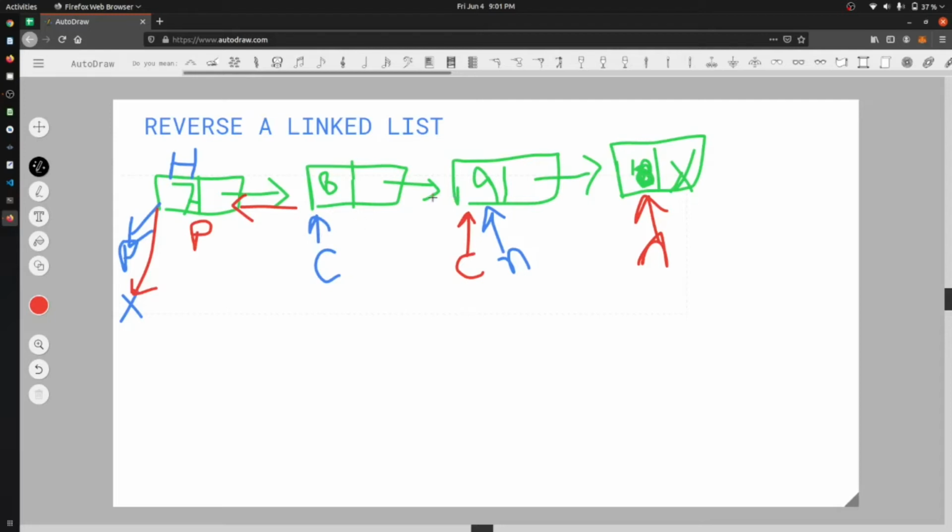It means that it will reverse the arrow, because at the last iteration this has also become P. Let me remove this.